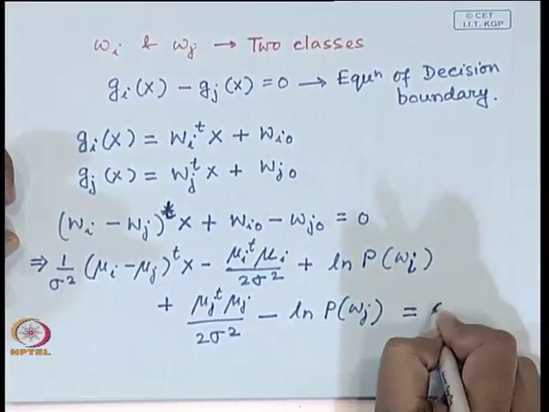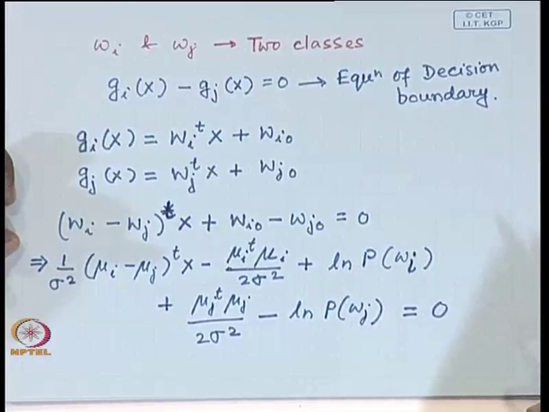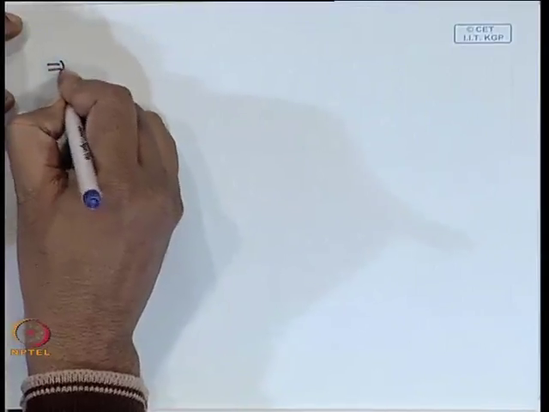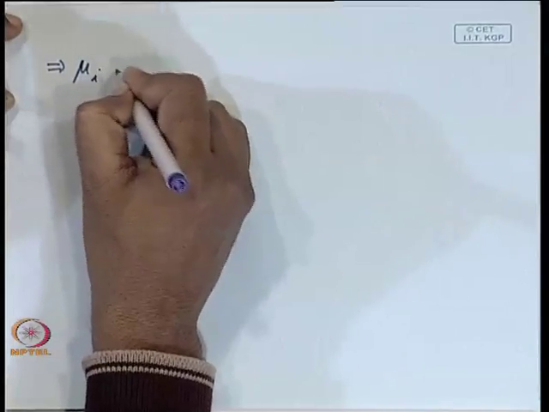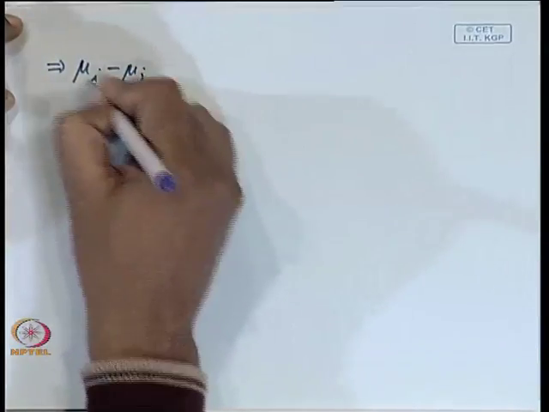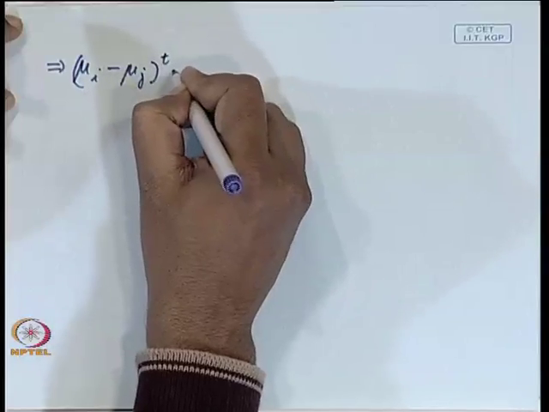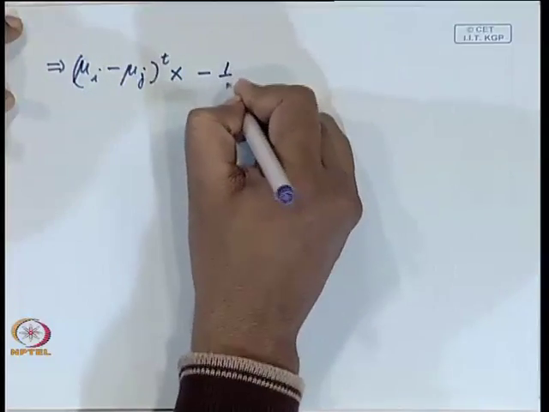This will be equal to 0. And if I go on simplifying, this will lead to a form (mu_i minus mu_j) transpose x minus half